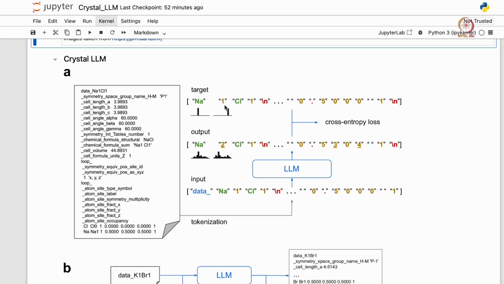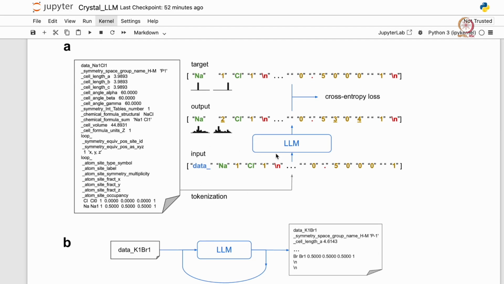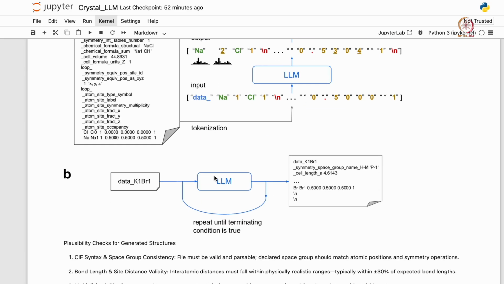While training, the LLM is given some parts of the CIF and it has to complete the CIF. Based on its completion, since we know the actual CIF, the actual target that we want to achieve, we can define the cross entropy loss. Once you define that loss, you can change the weights and biases in subsequent backpropagation steps, and that's how you make this model learn how to generate coherent CIF files. So this is how generation happens in this Crystal LLM package.